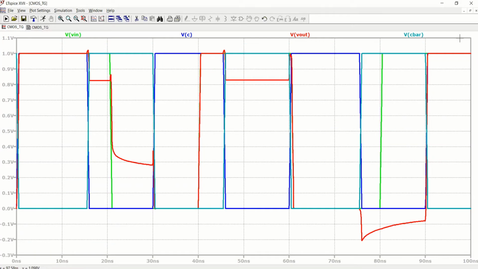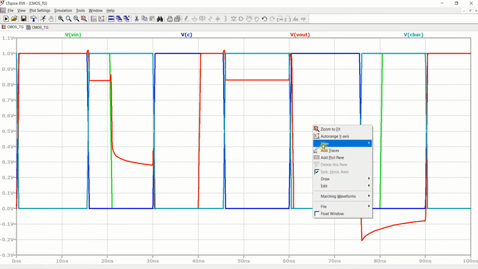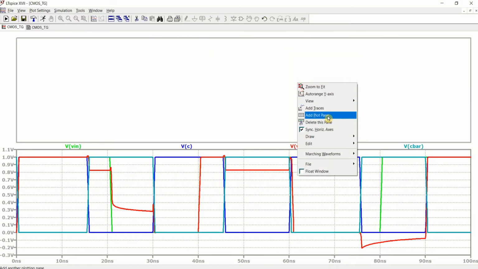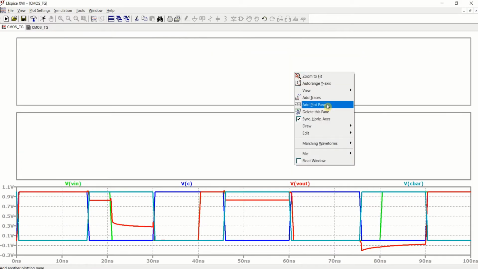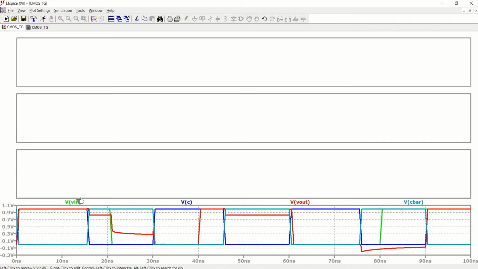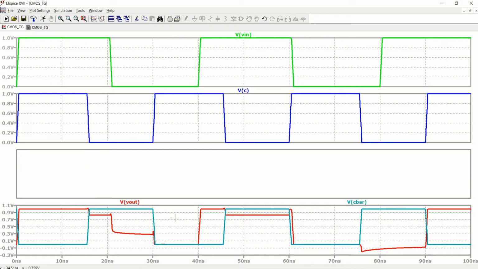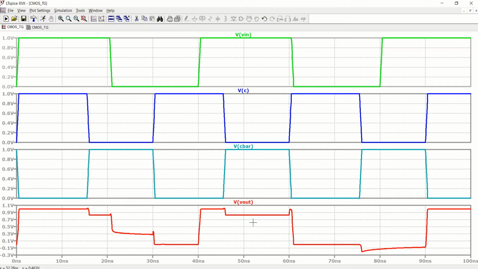You can maximize this, and you can split this, add plot plane. Because there are 4 signals, I am adding 4. So this is my input first. Next we need a control signal. Next we need a C bar, and this is my V out.